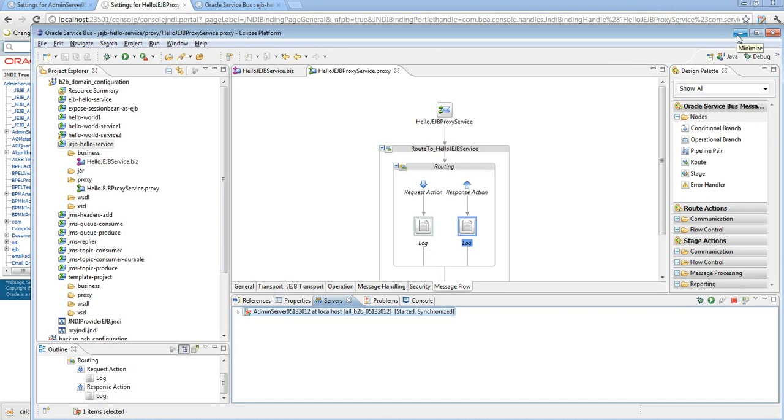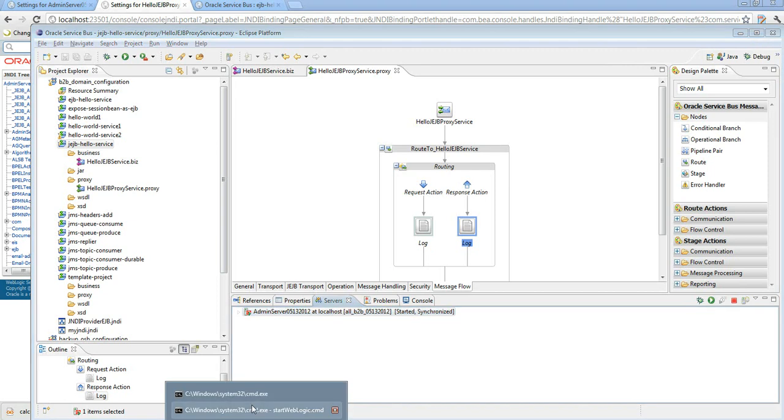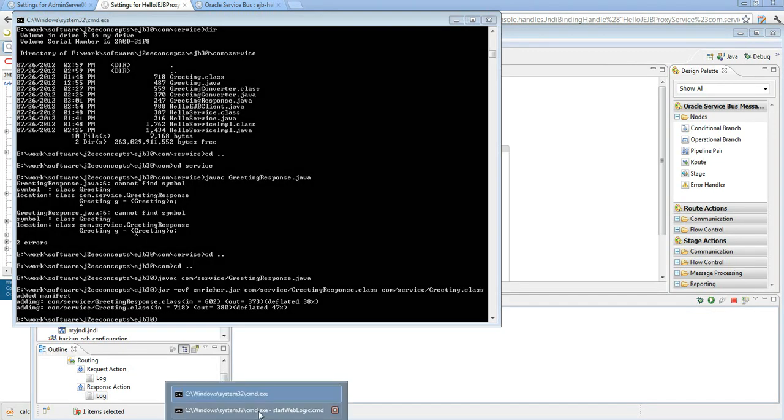So in order to see, now, in order to invoke an EJB, you would